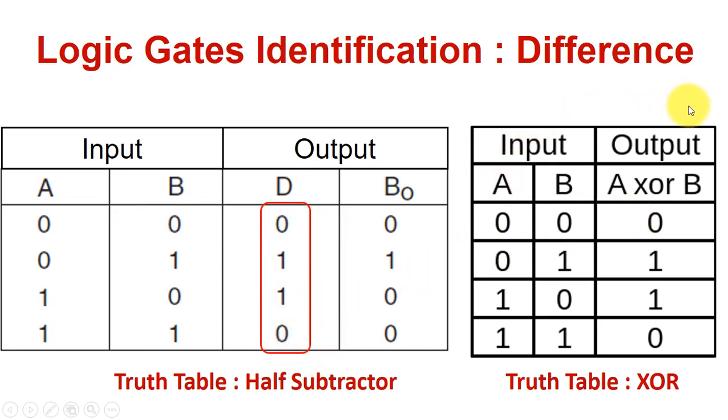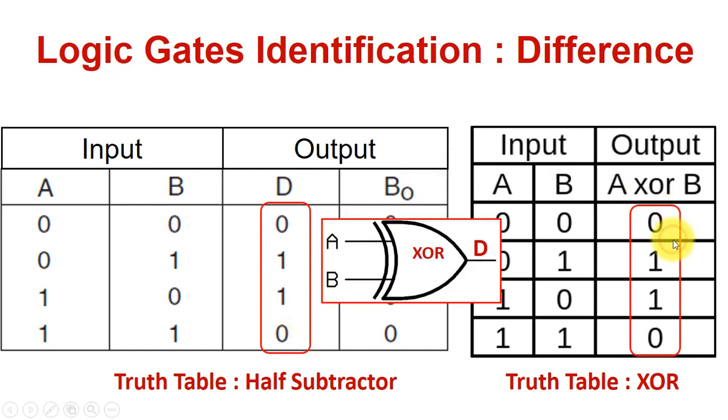So on the right hand side there is a truth table for the XOR, and the XOR will output 1 only when there are different inputs. That means for 0 1 the output is 1, as well as for 1 0 in the input, the output is also 1. Therefore we can understand that the difference, or the D, is a representation of the XOR gate, and we can designate the XOR gate, supply the input A and B, and it will calculate the difference for us.